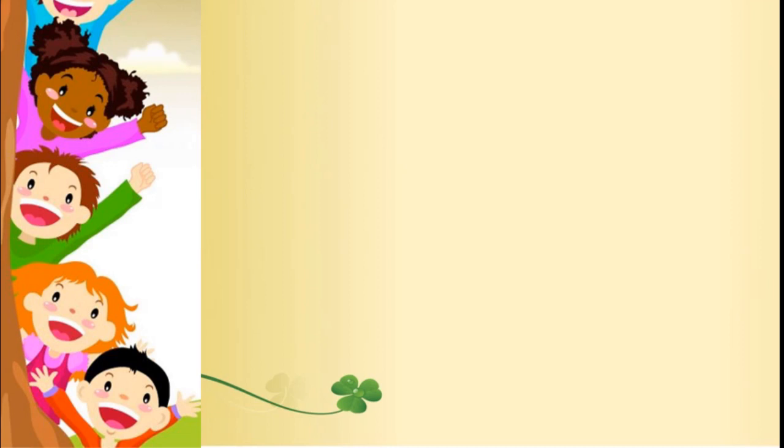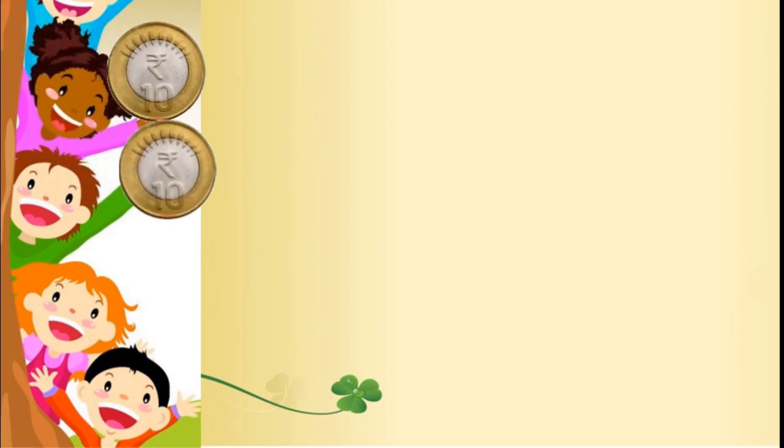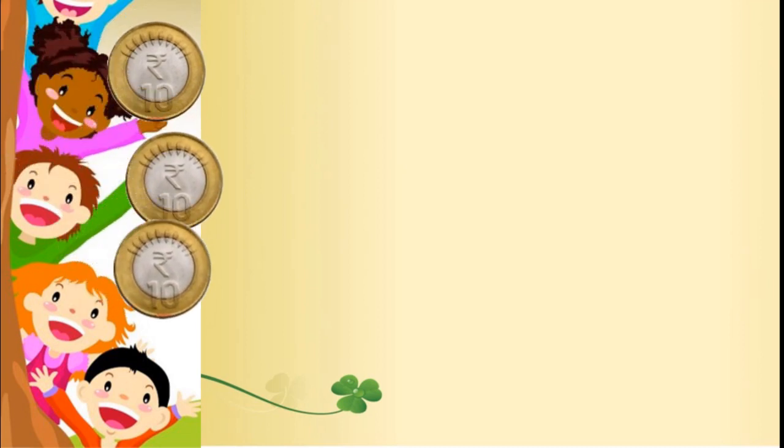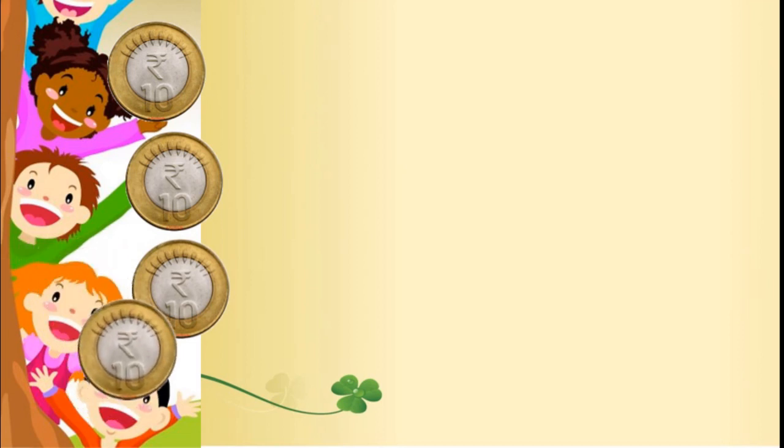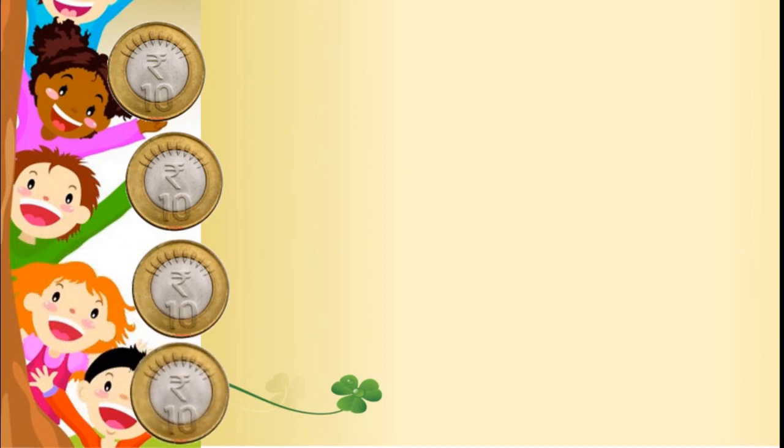Okay, first I will give them 10 rupee coins. Here for Rani, this is for Raj, this is for Mona, and this is for Meet. Okay, Rani, can you give me a 10 rupee change? Okay, now how she will give? We will see. She has only 1 rupee coins. So 1 coin she gave.